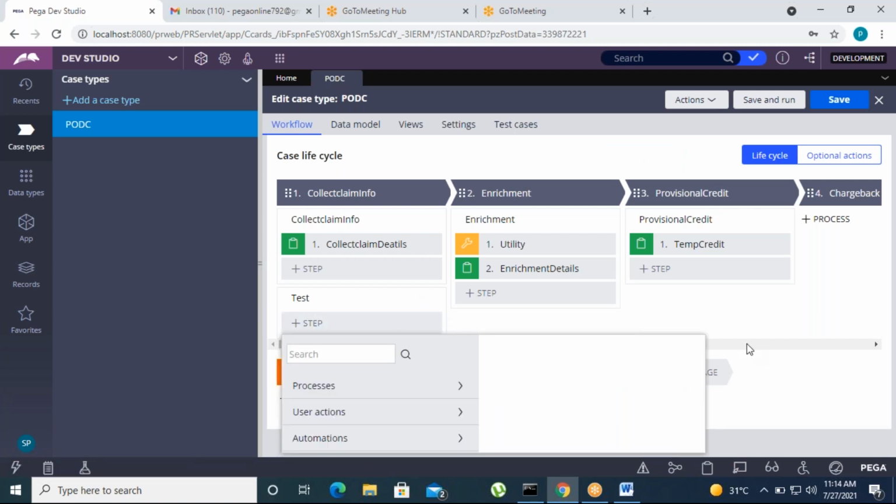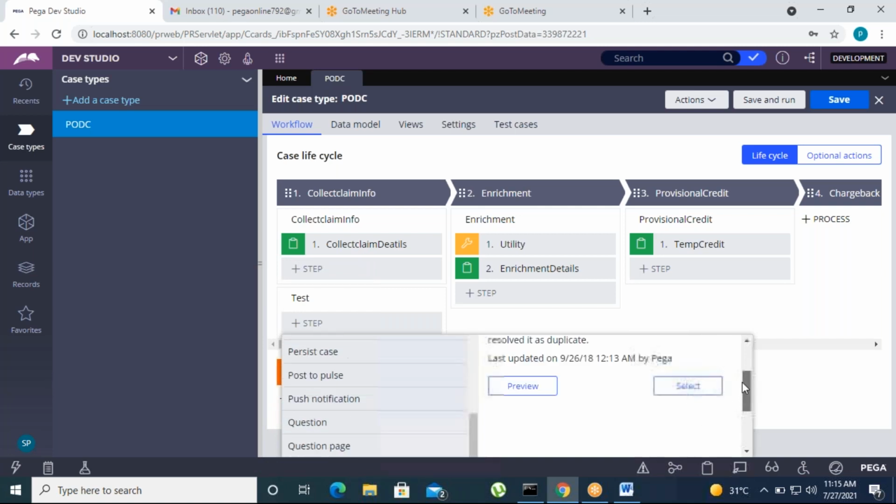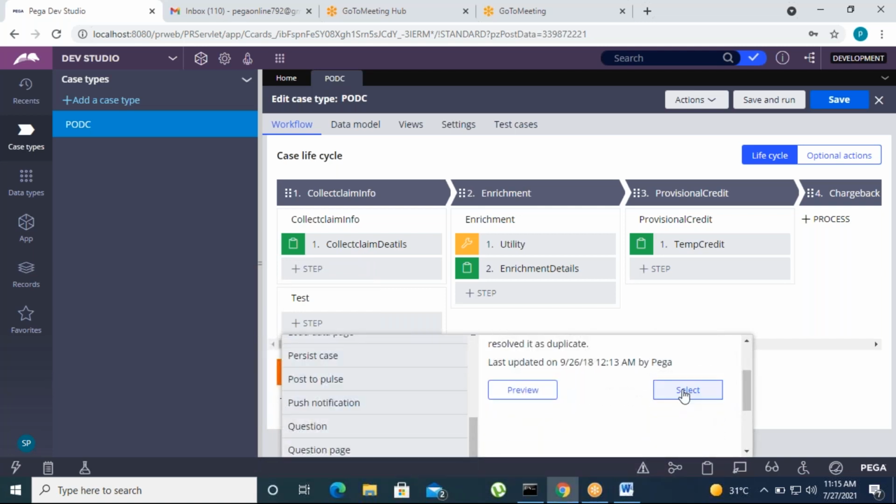Go to more, automations. Search duplicate cases. Select it.